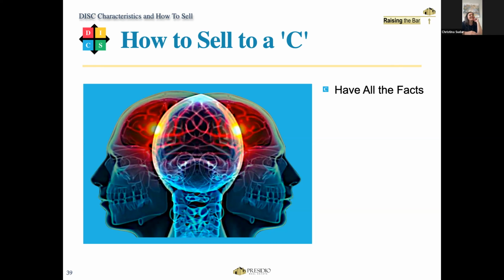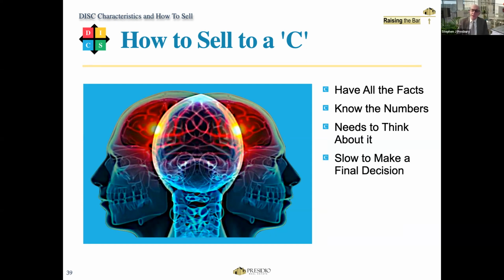I can't think of an exact example of working with the C right now, but I would say that we would probably have to do the CMA for them and sit down with them with paperwork and lay it out. Yeah, and let them have that before you go on the visit if you possibly can, because they will enjoy studying that the night before. They probably want more than the other people. Yes, they definitely like to see the numbers. They definitely want to think about it, and don't expect these people to make a fast decision, because often they won't. Sometimes that can be a challenge.